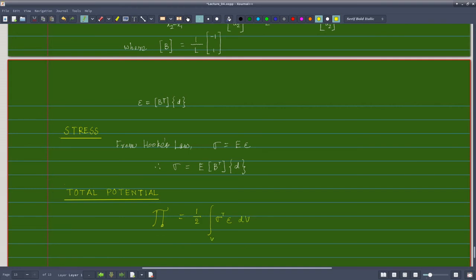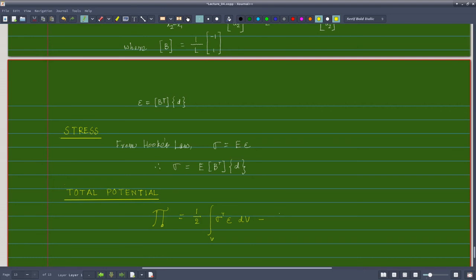So this will give me the element strain energy minus the work potential due to the body force, due to the surface force, and due to the concentrated load